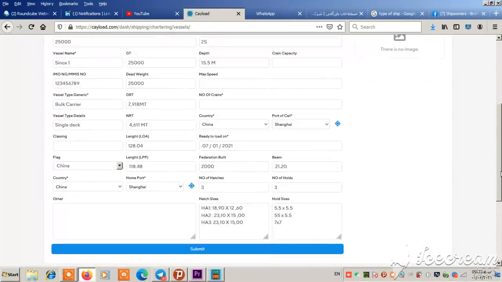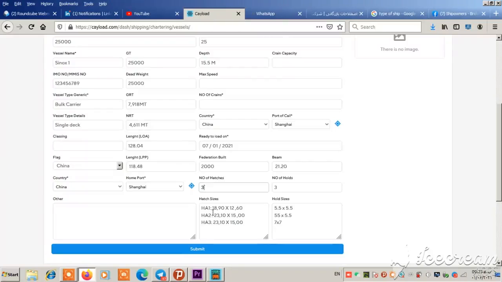And after that, for laycan, ready to load, we mentioned 1 July. Year built, you mention 2000, beam 21.20, number of hatches you mention 3,